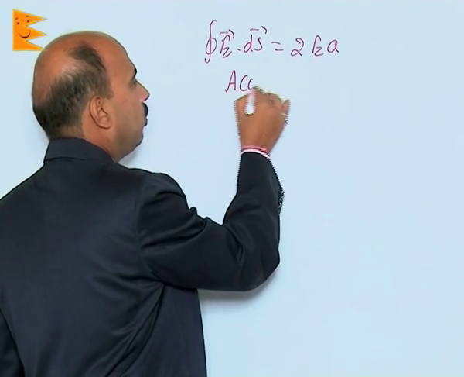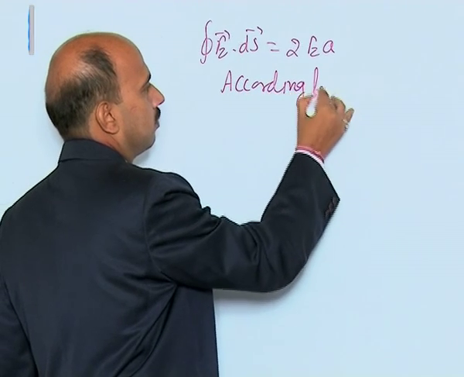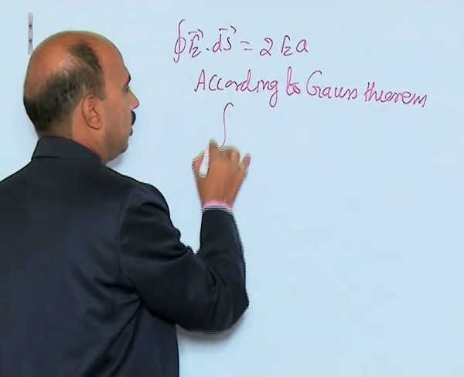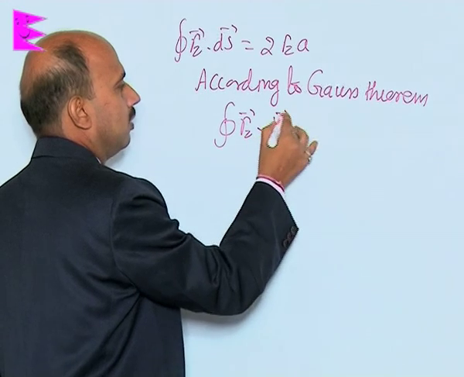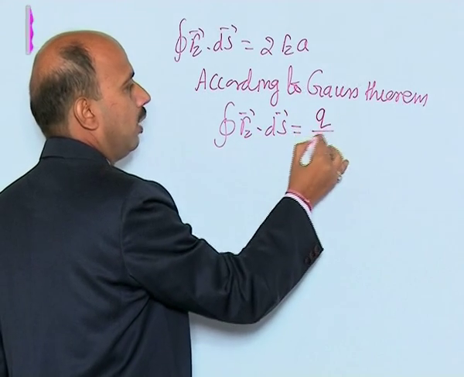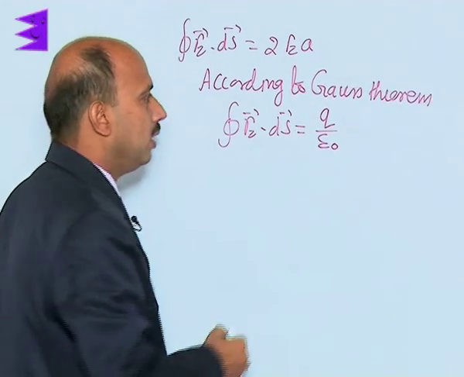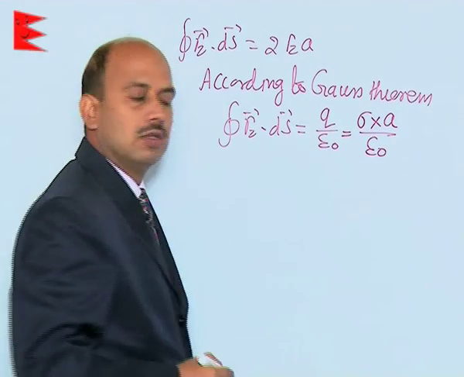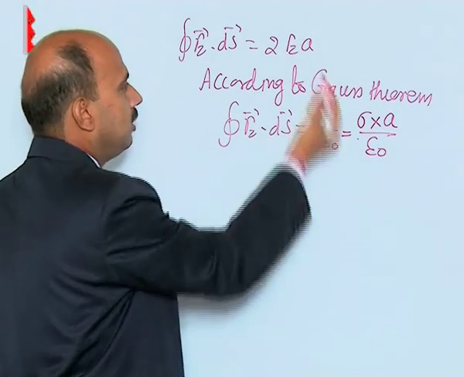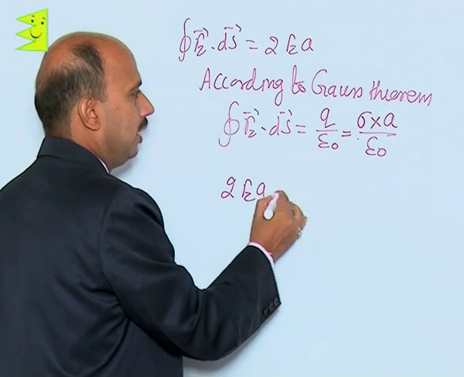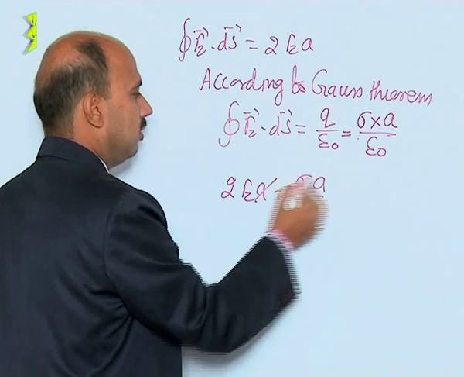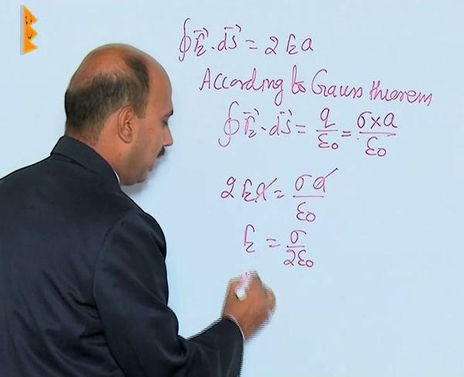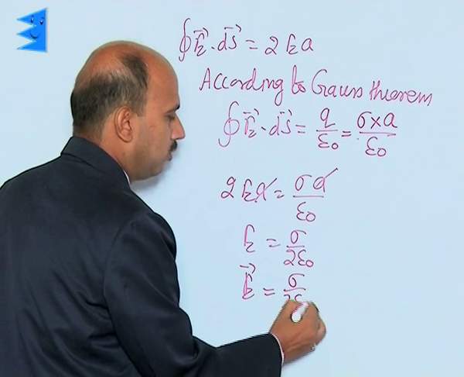Now, according to Gauss theorem, total flux E dot ds is equal to Q upon epsilon naught, the net charge enclosed in vacuum, that we can write as sigma into A upon epsilon naught. Sigma is the charge density. If you equate these two, you will get 2EA is equal to sigma A upon epsilon naught. A will get cancelled, E is equal to sigma upon 2 epsilon naught. So, we can write E vector is equal to sigma upon 2 epsilon naught